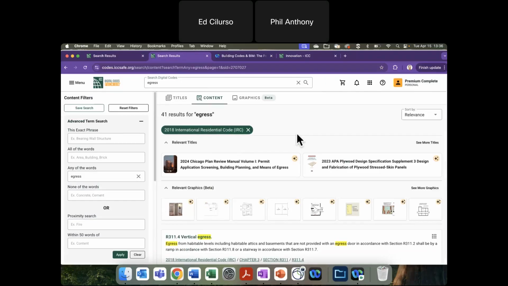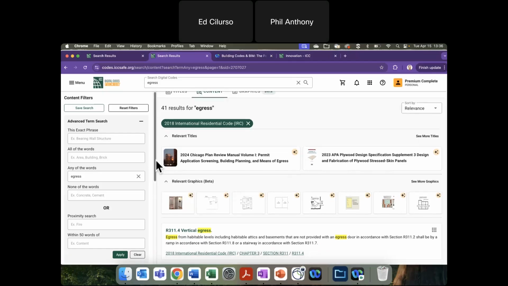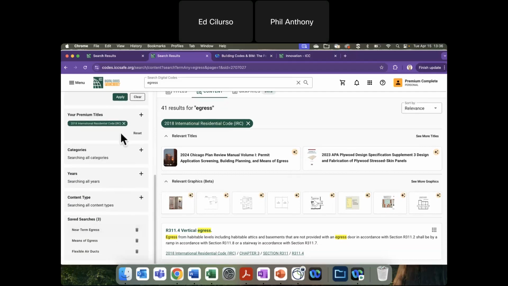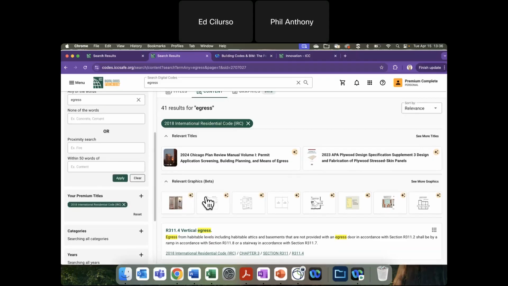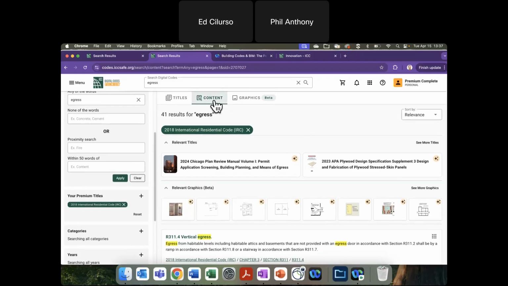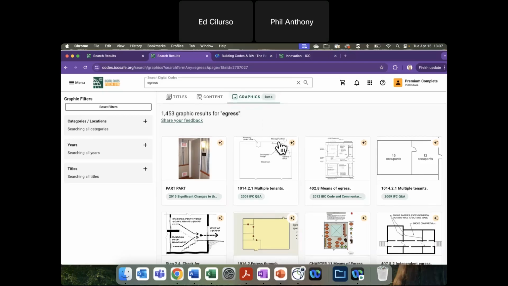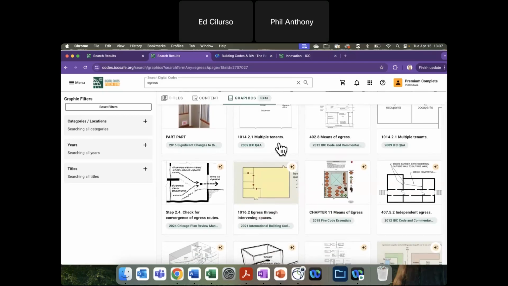Now transitioning to the other announcement we made, the new graphic search, which does use AI to identify these images. Whenever you do a search, it's going to show you those content results. And as I showed you on the previous page, if I wanted to put in more search terms or filters, you are able to do that. So this will show you the content first. If I had done titles from the main page, it would have shown me titles that have that word in it. And here is the new graphics tab. This is automatically searching for graphical results. So here you are able to see those graphic results coming through.